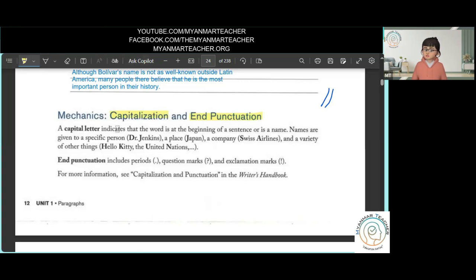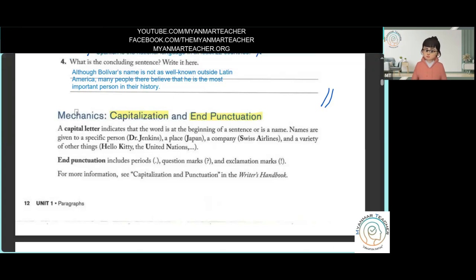So mechanics in English grammar are important because they help ensure that writing is clear and professional, and also make it easier for readers to understand the message. So you need to know the grammar